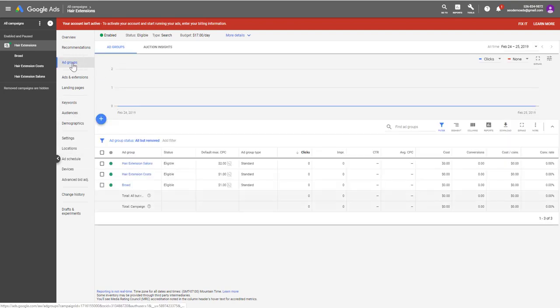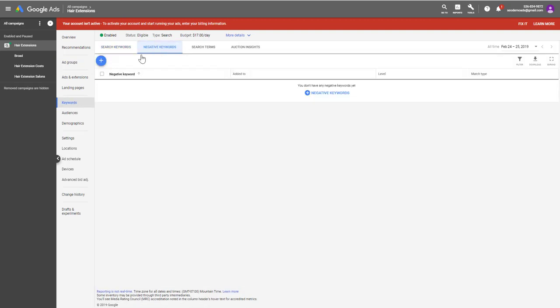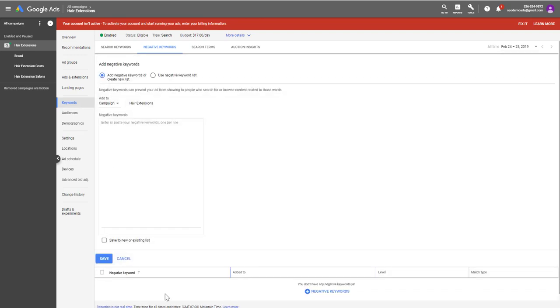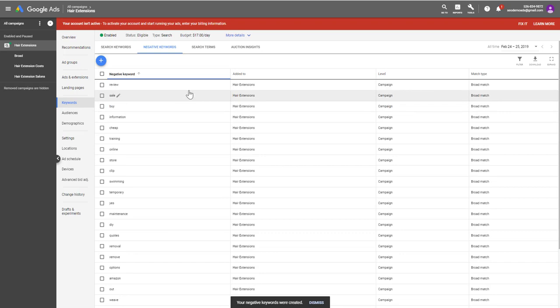and we can go back and we can take a look at our ad groups right here. The one thing I want to do is to put my negative keywords in. So to do this, I'm going to go to keywords, click on negative keywords up here, and then I'm going to click this plus symbol and put all my negative keywords right there. So I have all these posted in here, and I am going to click save,